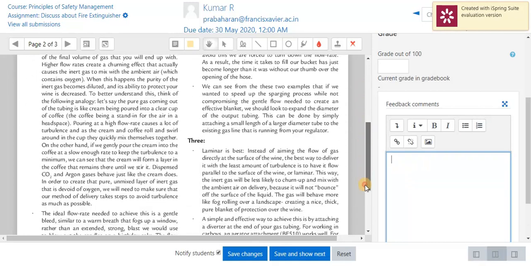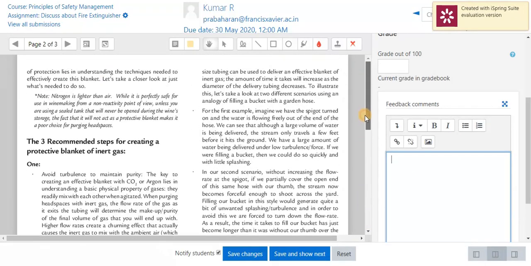This is the submitted assignment. If I want to correct his assignment, I am able to correct it by using this tools option. There is a stamp option. If this line is wrong, I can use the wrong stamp here. If this line is correct, then I have to change the stamp option to correct, and then I stamp here.